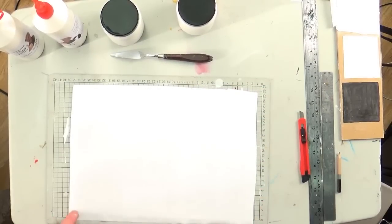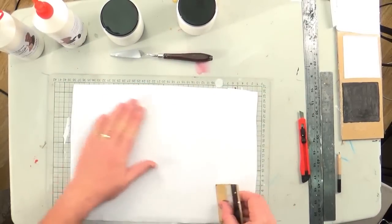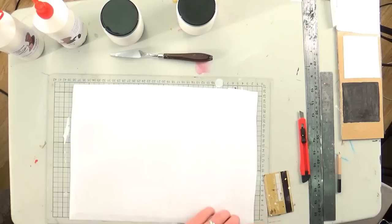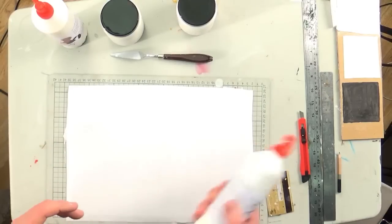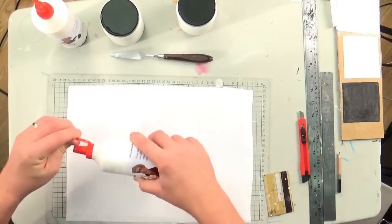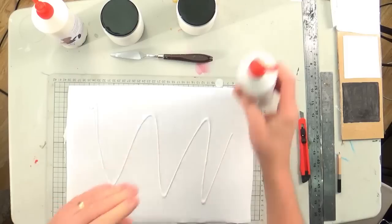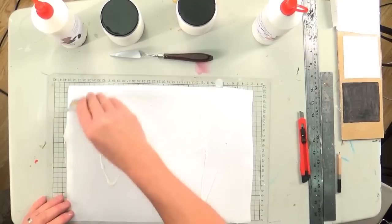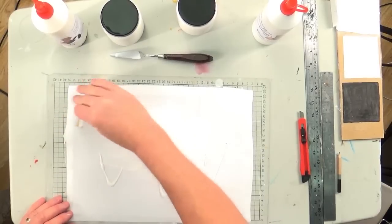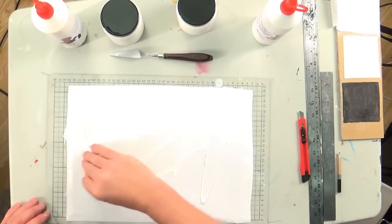Now if your edges do lift, which they shouldn't, but sometimes they will, because it all depends on environmental conditions as well. If they do lift, just get a paintbrush, a little bit of glue, and then you can stick them back down. And I'll use a bit of the white sealer. Now this is a thin white sealer. What I normally do is I'll just do that over the entire surface of that canvas, and what that is going to do is not only is it going to seal in the actual tooth, it's going to put a coat of paint on,